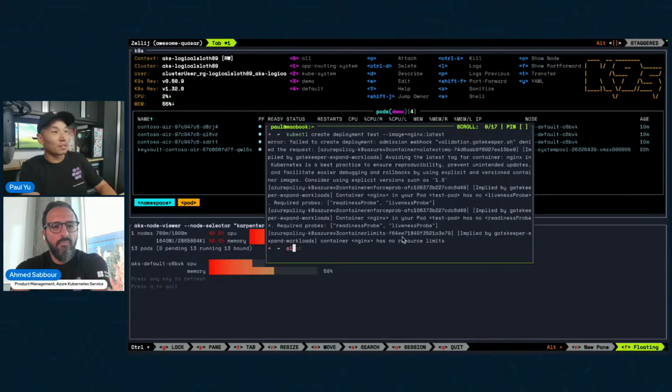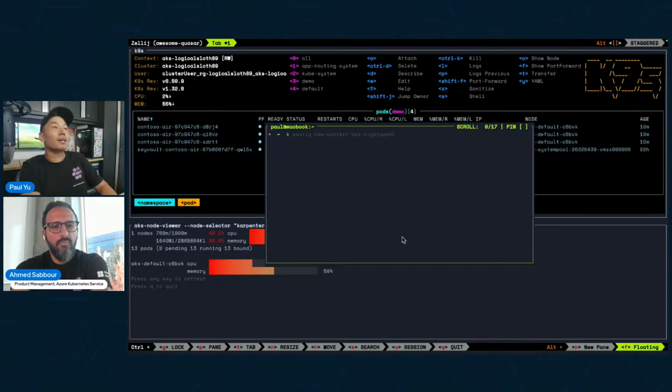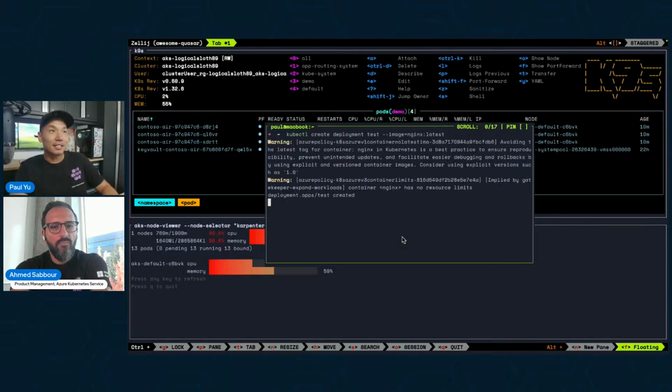Now let's see what it looks like on the other side. So config, and if I switch back to my other cluster that's in audit mode, and if I do a kubectl create, this should go through, right? But this time it left me warning messages, right? And so it's telling me, hey, you don't have any resource limits. Maybe you should try using an explicit version. And so